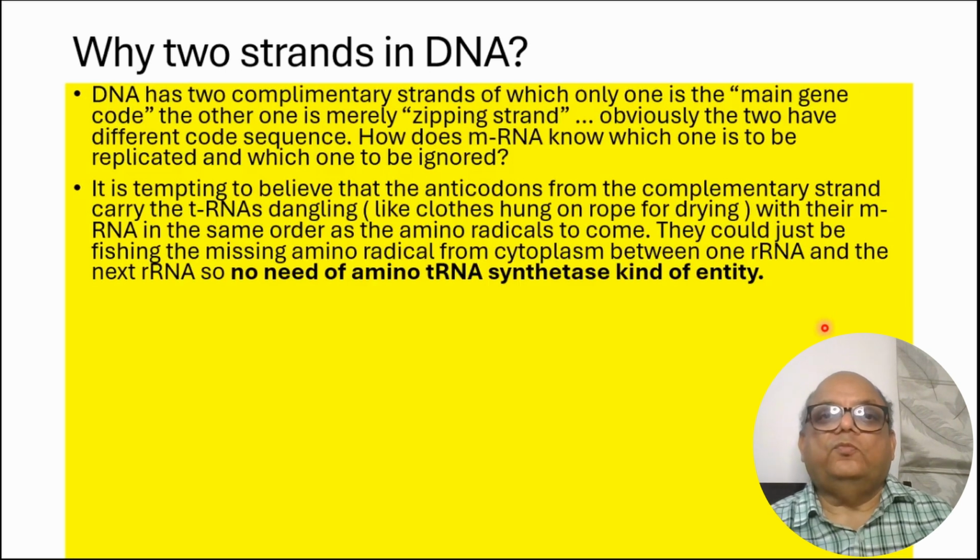So one mRNA for the main code goes to the upper lobe of the rRNA, the upper jaw of the molecular vise, if you please, and the complementary mRNA goes to the lower jaw of the vise. That presents the chain of anticodons, and with each set of 3 anticodons, there is a tRNA dangling down, which is supposed to fish the appropriate amino radical